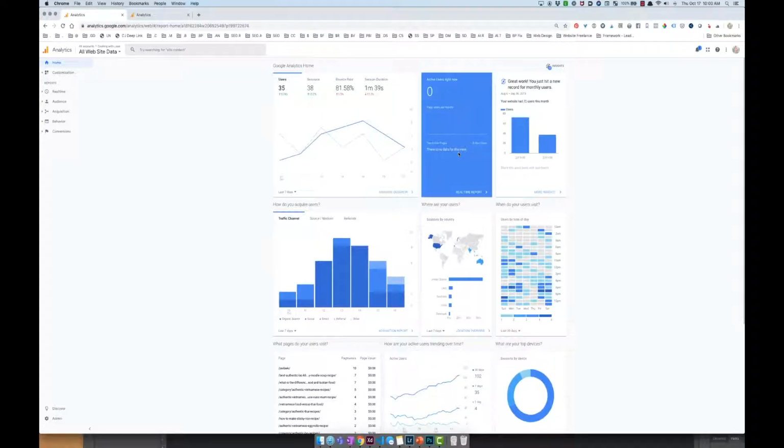So Google Analytics, what is it? It's basically a way to track all of the traffic that is coming to your site. If you set up Google Analytics correctly, you'll start seeing also information such as the demographics of the people that are visiting your site. So when you log on to Google Analytics, you'll come to this homepage,